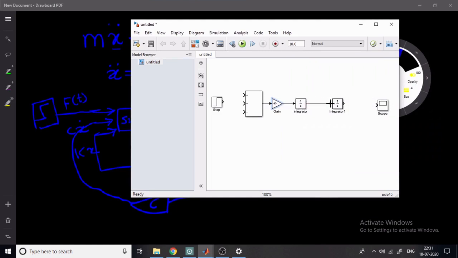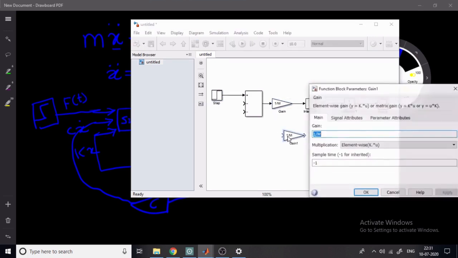Later we are going to give it a value for this afterward. If you increase the size of this, you can look at it. So first, the input is positive, then again you need to bring one more block. You can copy it, using Control and drag. Here it is a